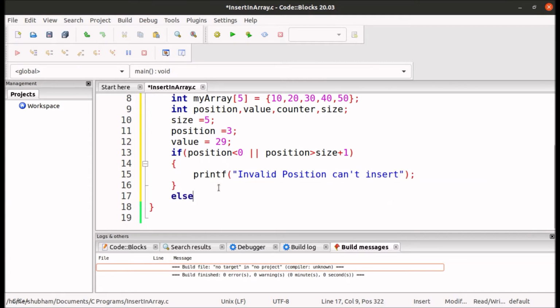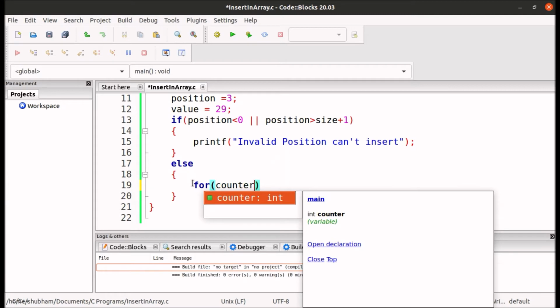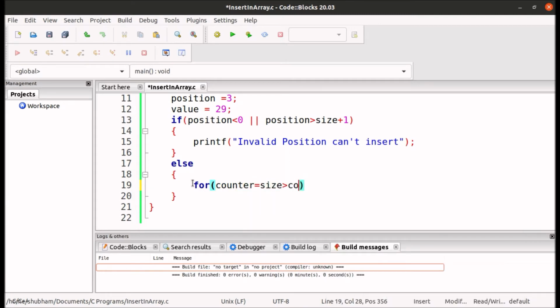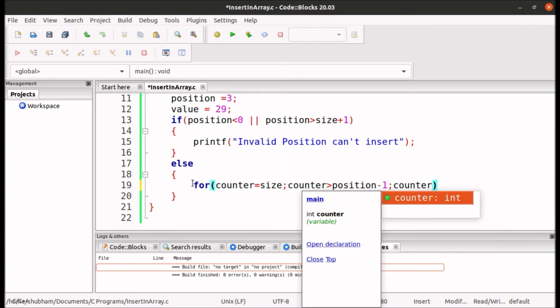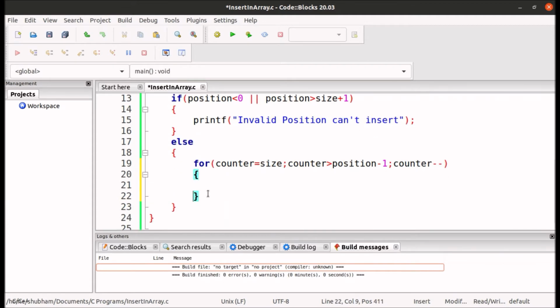Now if these conditions are not satisfied, if the position is valid, then we will write the code to make the room for the new element. So for counter equals to size, counter greater than position -1, counter minus, and we will create the room here.